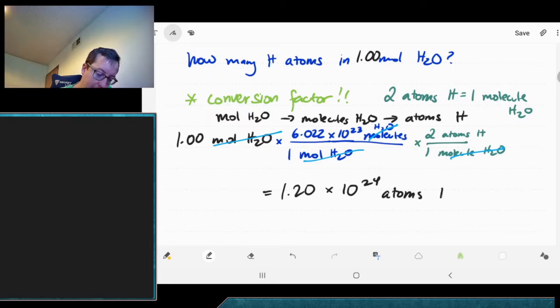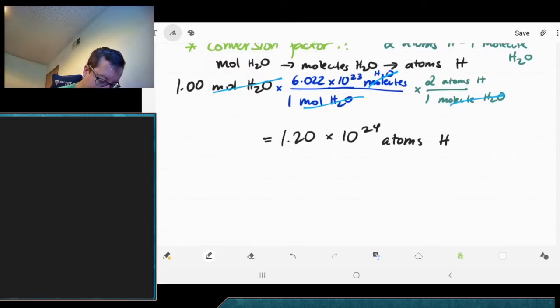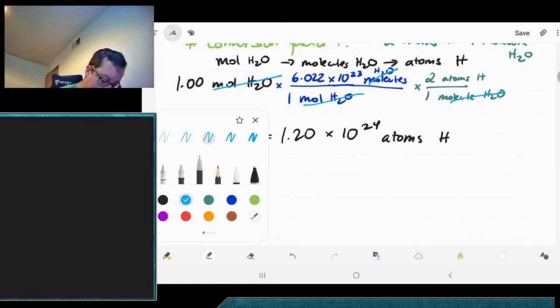So we've calculated now how many atoms of hydrogen we had in this water sample, which was 1 mole. So there we have it. We have calculated our number of atoms. All right, so it's just the same idea here, unit conversion. That's all we have. So one thing that students do tend to confuse